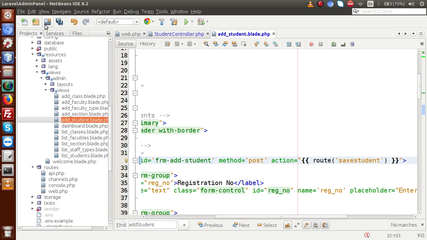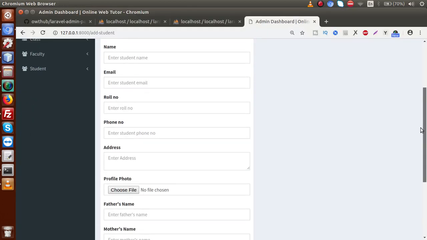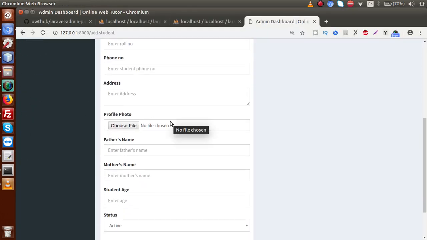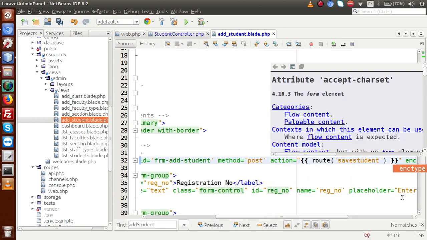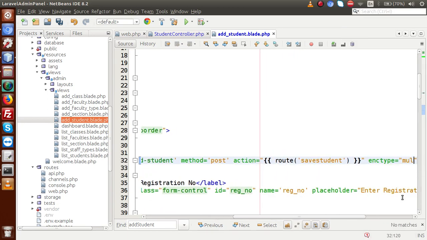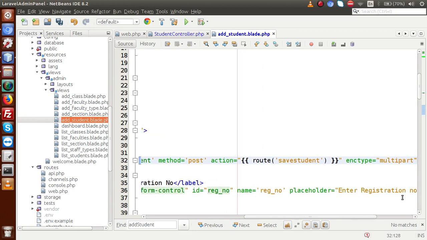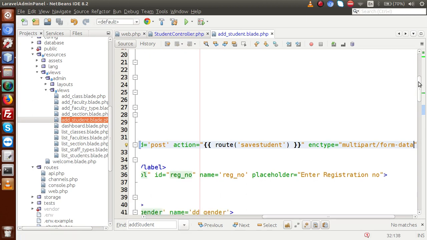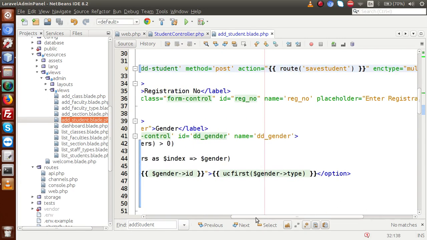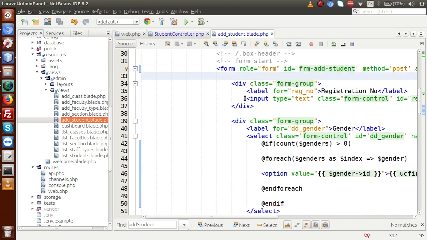And also we are saving the student details related with our profile photo. It means that we have to add one more property inside this form, something that, let's say, enctype equal to multipart form data, because we are saving image too with this student data. So successfully we have added all the required attributes for form tag, and finally inside this form tag